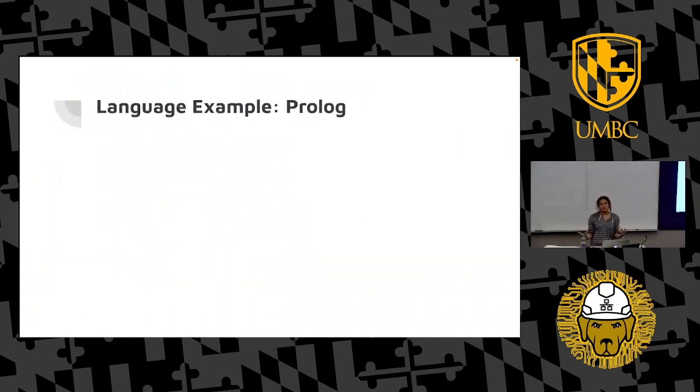So here's an example of Prolog. Before I get into showing the coding samples, the way this presentation is going to be structured is that I'm going to explain a type of language, I'm going to explain an example, and then I'm going to show screenshots so that you guys can compare the different languages. The only way to get that fair baseline is to write the same program in all these different languages. The program I chose is to calculate the factorial of 5. So 1 times 2 times 3 times 4 times 5, output the result.